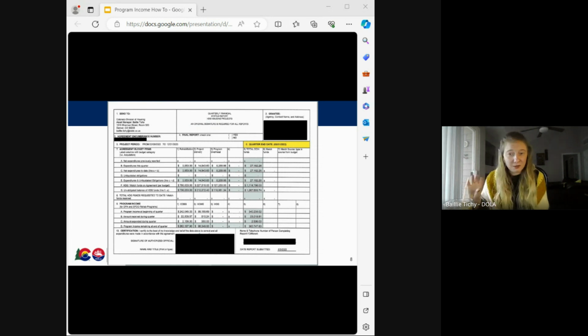You'll see the top half is really going through expenditures to date, what happened in that quarter, making sure that your dollars and my dollars match. And then that bottom half there is relating to the program income piece. So really important to keep in mind that we are catching that program income on active contracts quarterly. And then for those who do not have an active contract, we're catching back up with you every 6 months. And I think that's what I'm going to say about quarterly reports.